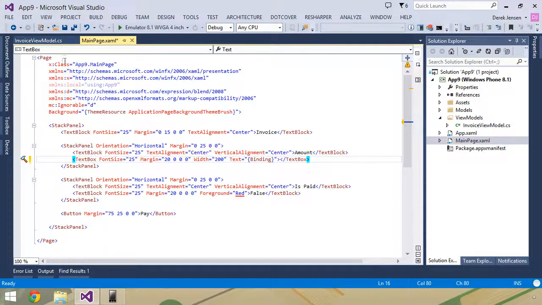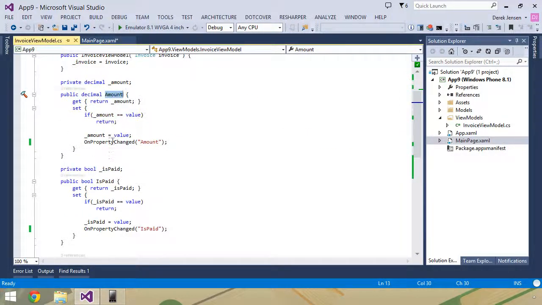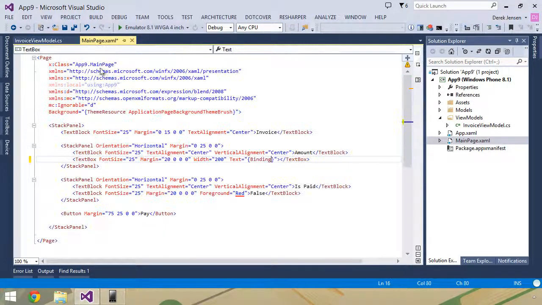And ultimately, I want to bind this to my amount. So we can go ahead and come in here and say, I want to bind this to amount. And so that when I set that value within my invoice view model, I can actually get that text to show up on my text box.